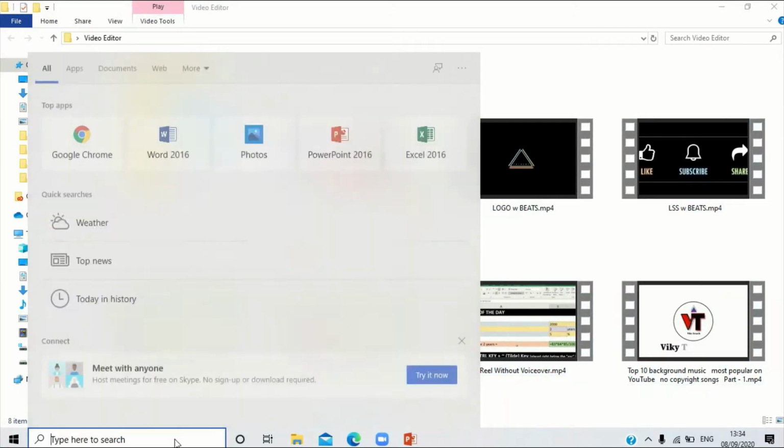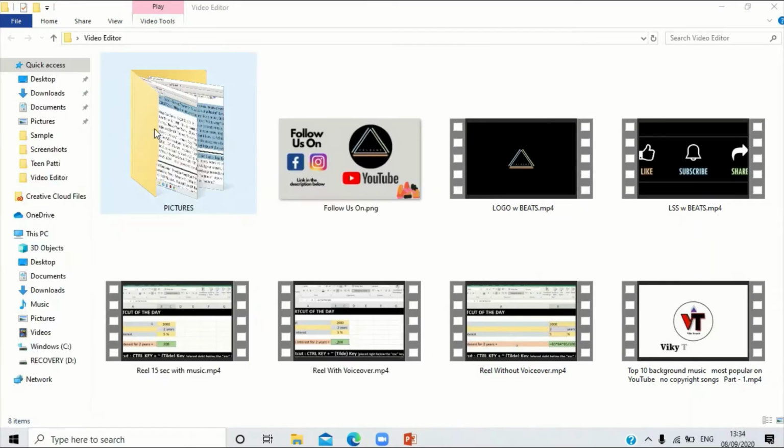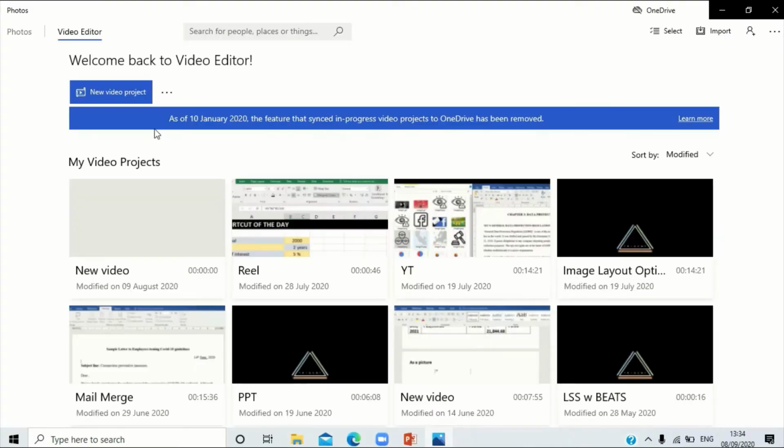Move to the search bar and type for the video editor. Now you can see that the option has appeared and I can click on enter. Now it says welcome back to video editor. So my video editor application is now open. All these files that you see are the backups taken for the files that I created on the video editor. So even if your laptop switches off in the middle of a progress video or of a video which wasn't complete, you can still switch on your laptop and continue from where you had left off. Your progress does not vanish, it stays intact.